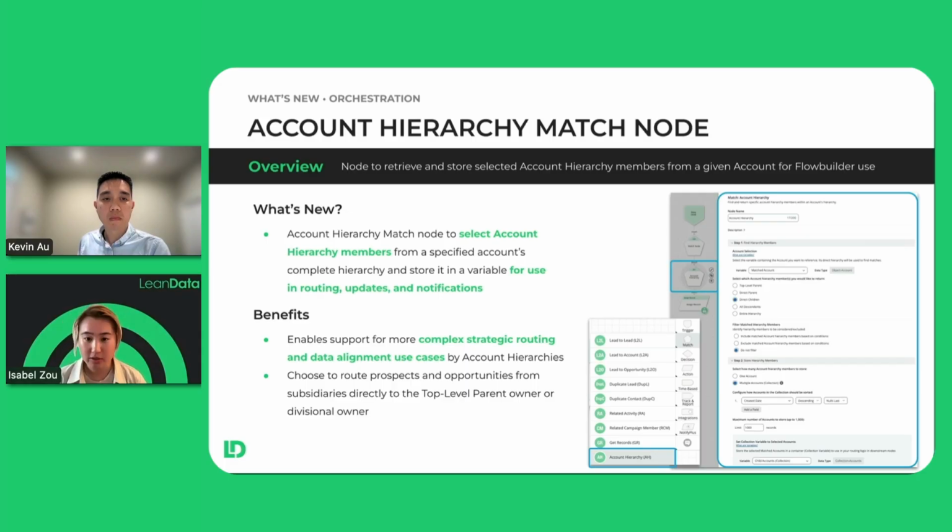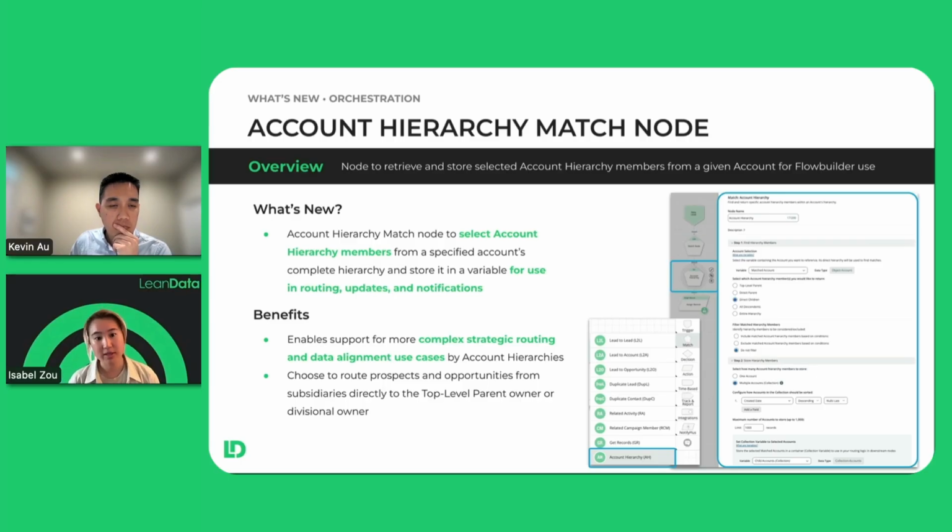So maybe in your lead flow, you found a matched account and you want to see, is that account actually part of a broader hierarchy? You'd add that account, and we retrieve the hierarchy for that account and allow you to select what members of that hierarchy you actually want to use as information in your graph. So some examples are you can figure out who that top level parent is, or pull in all the descendants of a certain account in the hierarchy